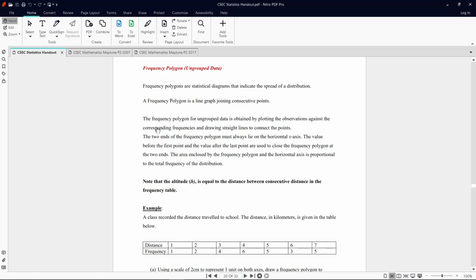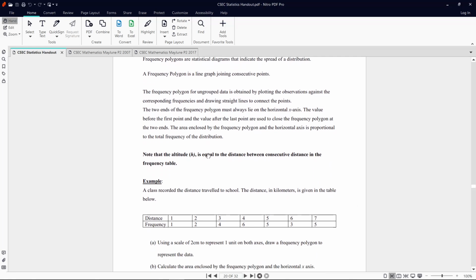Now, something special about a frequency polygon: seeing that it's a polygon, it must be a closed figure. So the two ends of the frequency polygon must always lie on the horizontal x-axis. Even though the points that we're going to be plotting won't end up on the x-axis, we must connect two points at the start and at the end of the frequency polygon so we can actually call it a